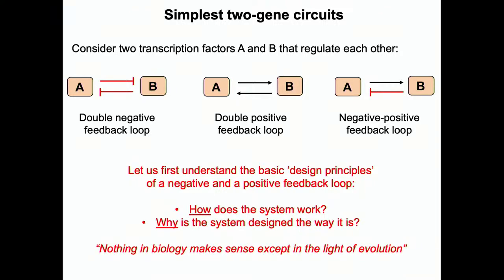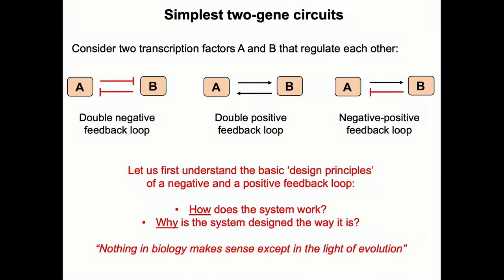So why in specific biological contexts do you see system 1 instead of system 2? What are the distinctive properties which the biological system needs at that juncture to make a decision or to move ahead, right? So before we go into details, let's generally think about negative versus positive feedback loops, right?